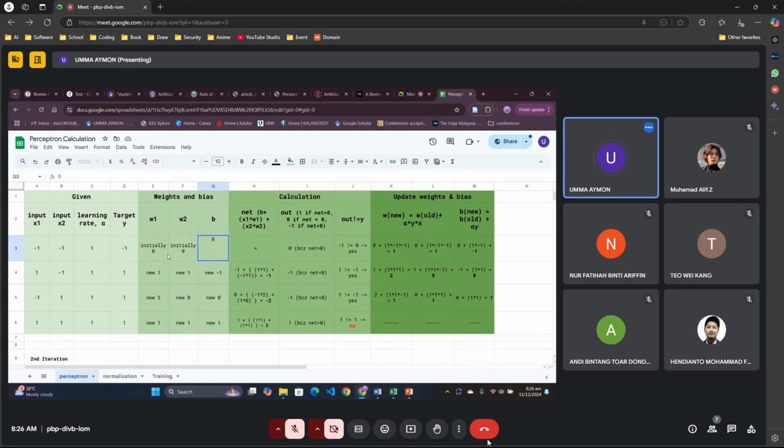So let me just delete this part. 3 plus x1 is this column, A3, A3 into W1 is this one, E3,